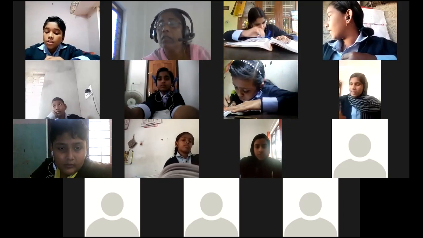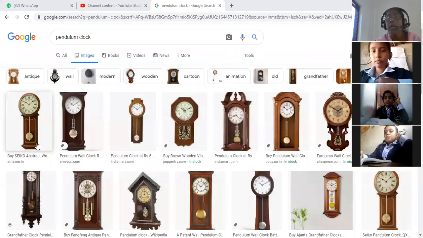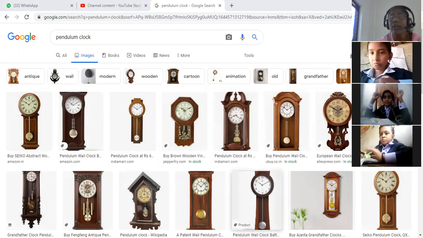My pendulum clock. Yes, this is a pendulum clock. How many of you have such a type of clock at home? Some of you are having. Okay, see, this one will be moving from here to here